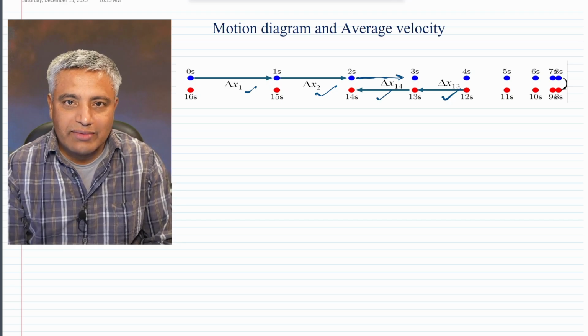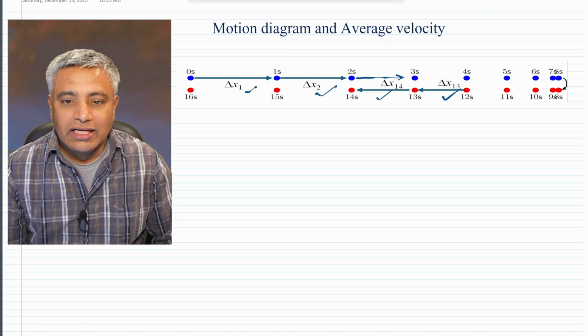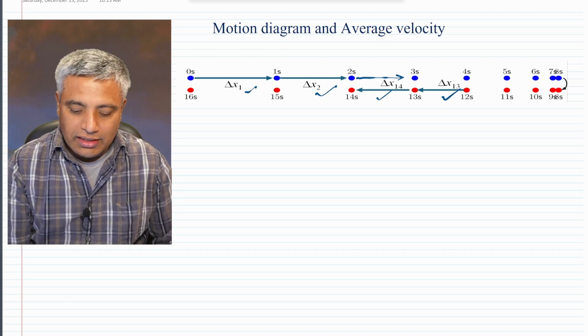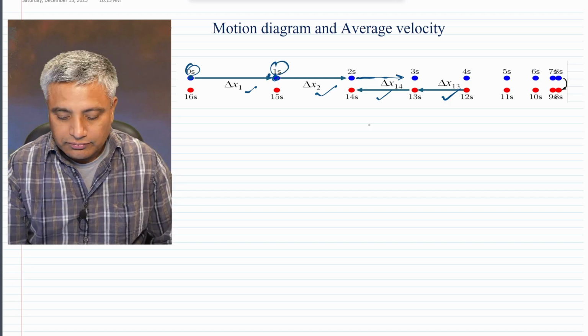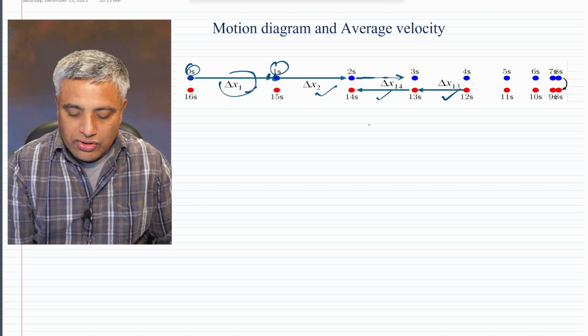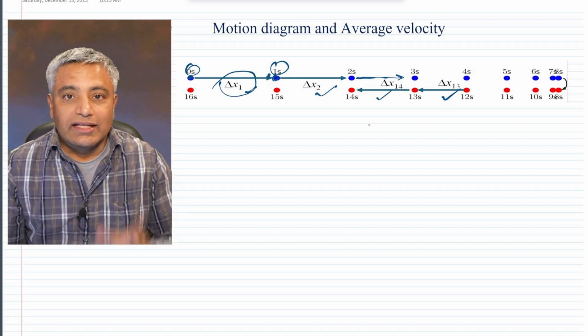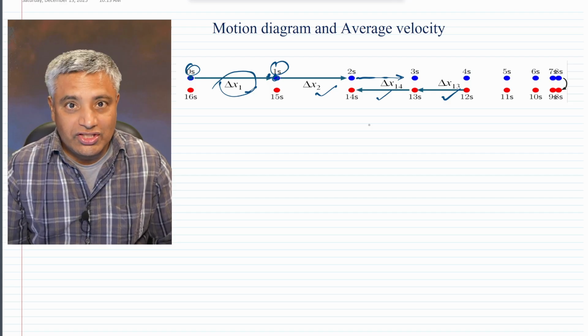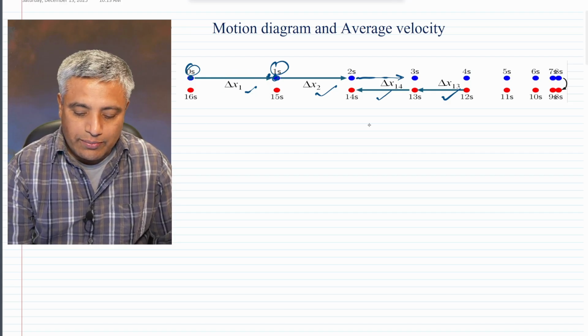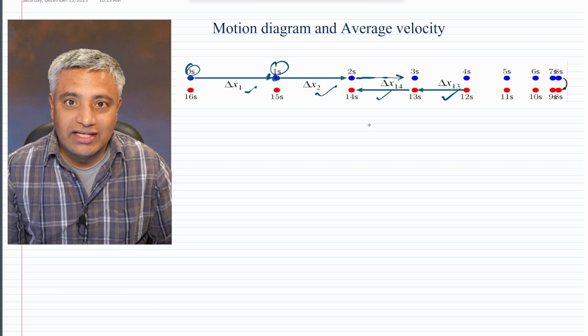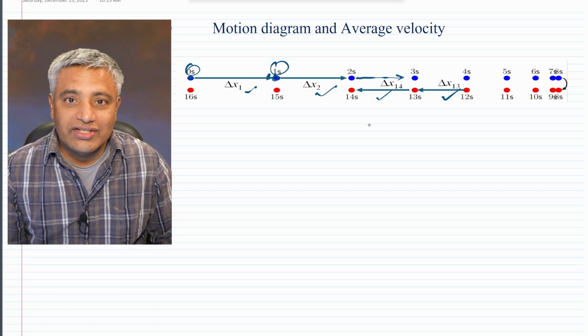This diagram has a lot of information, one being positions, and there are times. We can now draw a displacement, and since the time interval is fixed, the displacement vectors are proportional to the velocity as well. So we have velocity information,